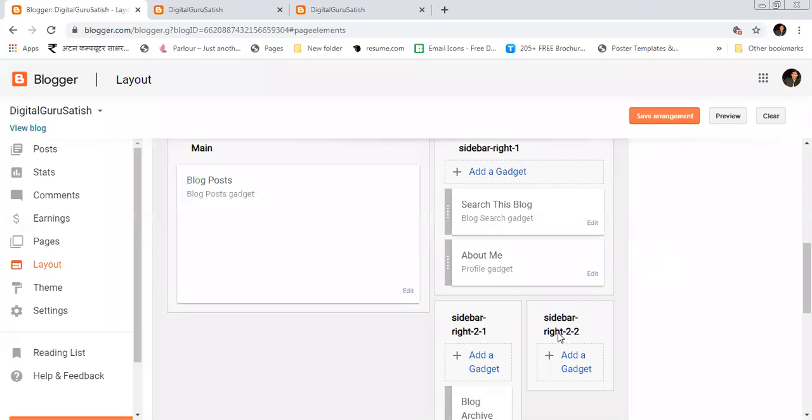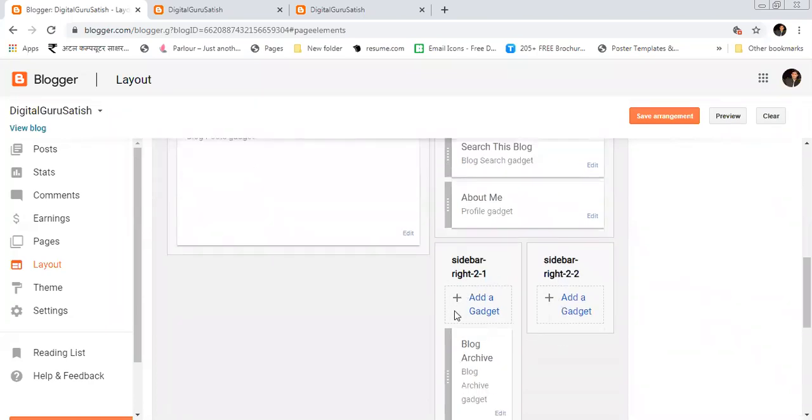After that, you can also add a right sidebar 1 and a sidebar right 2. So let's see how that will look.